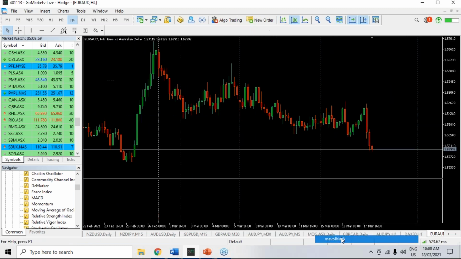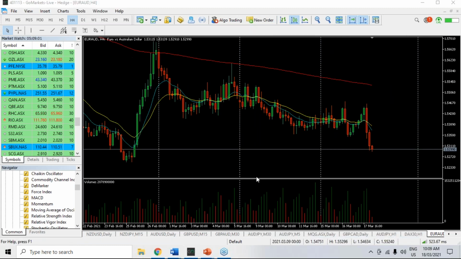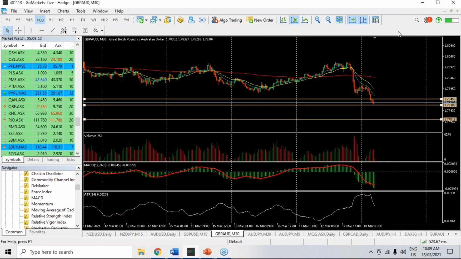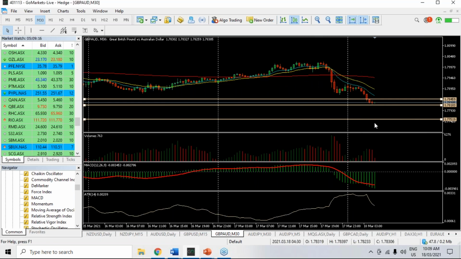Can't remember where to do that, so I'm going to have to create it from scratch again. Sorry, it was the GB pound Aussie, wasn't it? There we go. So the GB pound Aussie is our FX chart of the day with a potential. That's the level we got interested in, as we said before. No worries, David. You're welcome, mate.